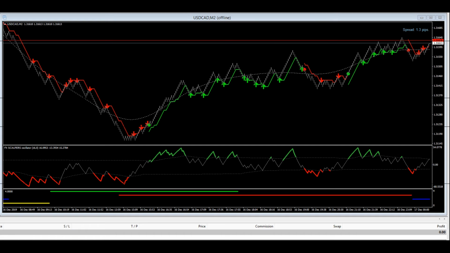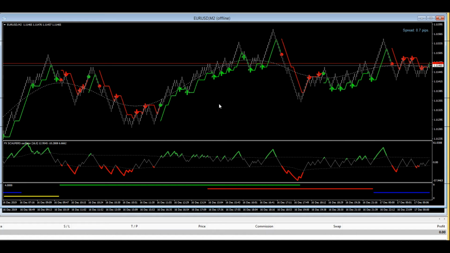Let's look at the Euro USD. This is the Euro USD chart for today. So we had again a great buy entry, another great buy entry, and another great one. There are 6 great buy entries here. And then we had later in the day another 4 amazing buy entries that we would have taken, if we had got into the sell signal right here, as soon as we get the green dot, it tells us that the sell